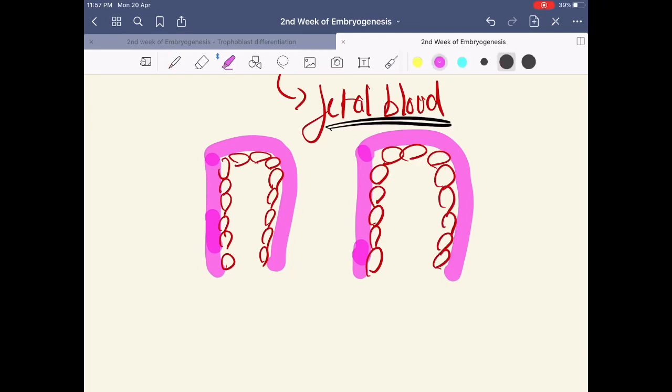And this space here that we highlighted in yellow, this was the lacunae. Okay, as the syncytium gradually invaded into the stroma, it met some blood vessels, stromal blood vessels. Those blood vessels get eroded, and that blood actually enters into this lacunae or these spaces. So what I'm putting in red dots right here, they are the maternal RBCs. Clear? So this is actually the maternal blood.